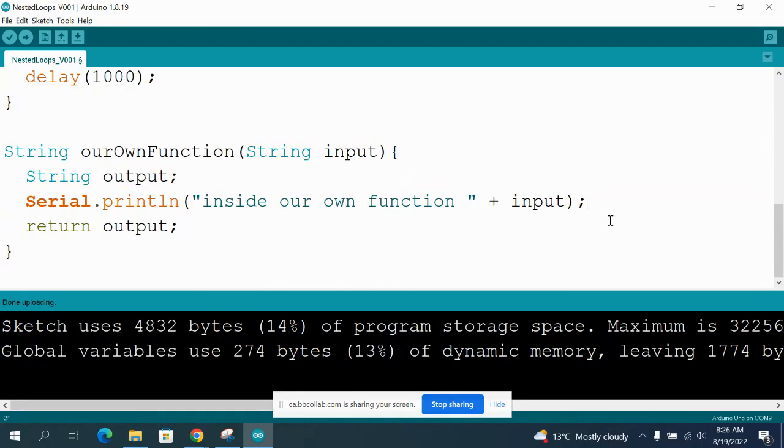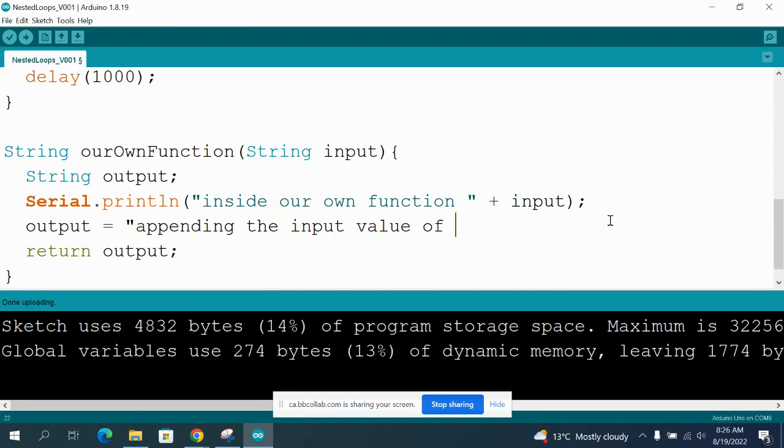So what I am going to do is I'm going to say output, and yeah, the appending might be problematic. We will see if it works. Okay, so I'm going to say appending the input value of, and then I'm going to say input.